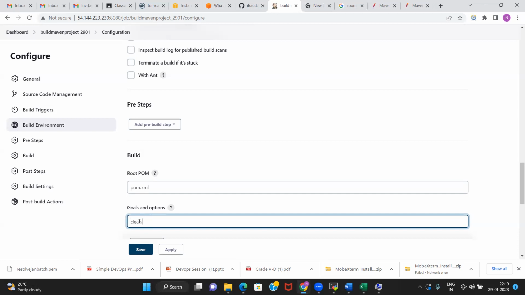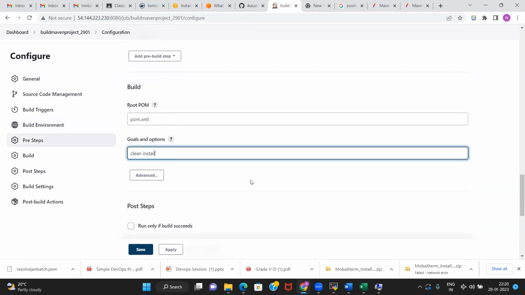So this is the command clean, and then install. Clean space install. This is the Maven command. You can put multiple Maven commands here. We will talk about the Maven commands, but here what we are doing is we are just focusing on the war file creation.